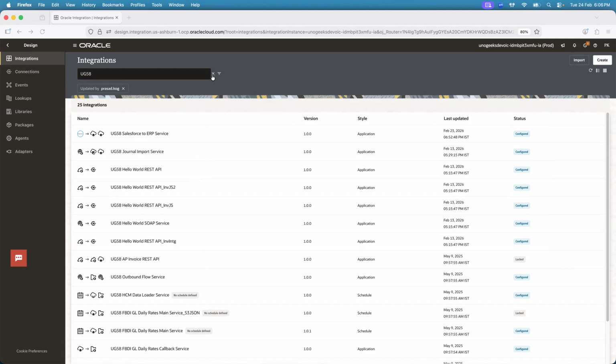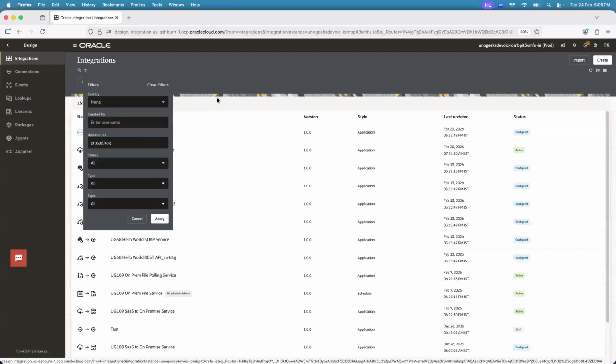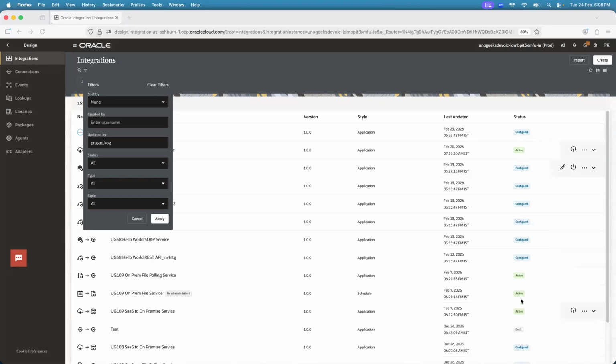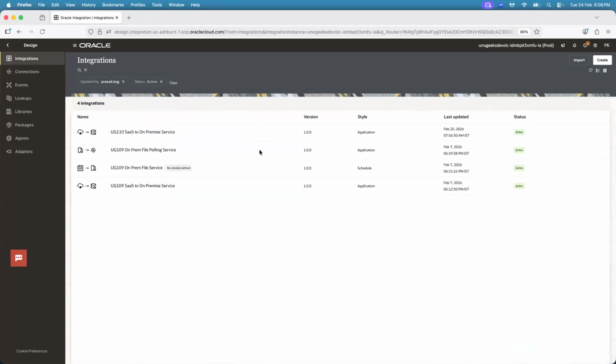And apart from searching for the integrations by the name, you do have an option to apply other filters. Like you can apply a filter and say, don't show me all the integrations, show me only the integrations which are in active status. How do you do that? I go to status and I can apply active as a filter, and that's going to show me only the active integrations. And say, for example, if I want to see only the integrations of style application, not scheduled ones,